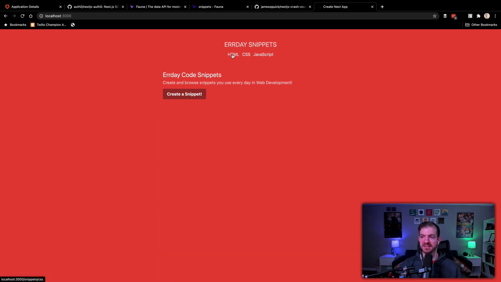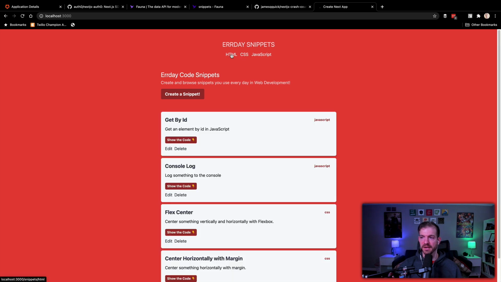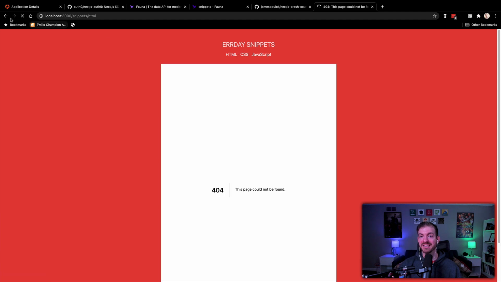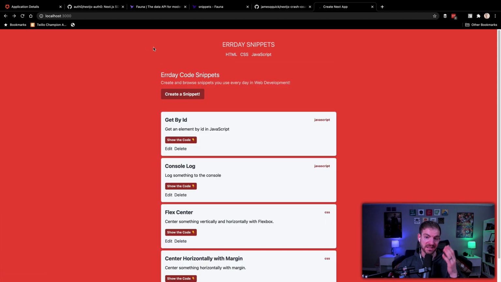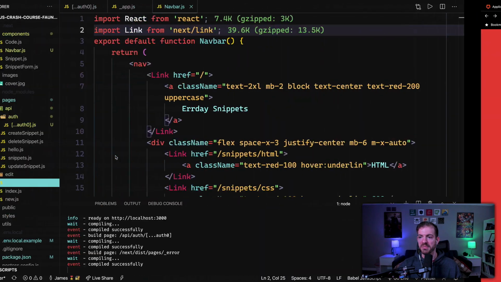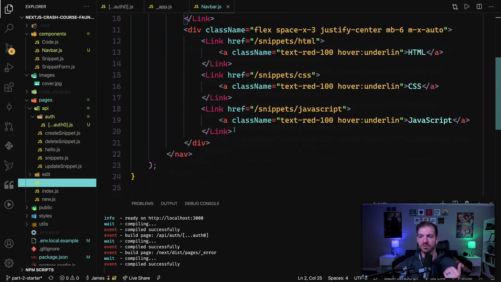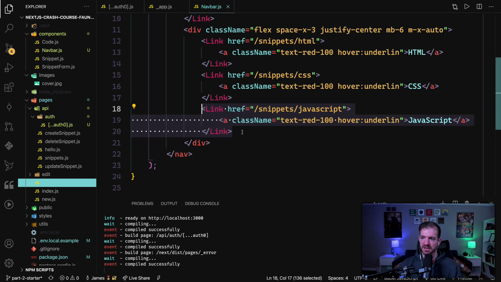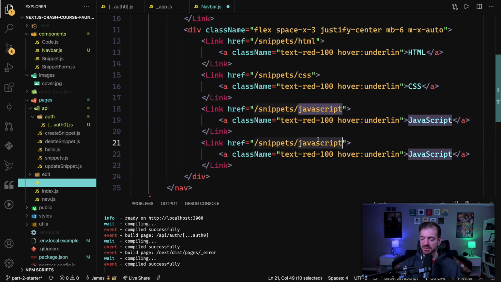And then we refresh and we see our little anchor tags here for the snippets: /snippets, HTML, CSS, JavaScript. This one should go home. The HTML, CSS, and JavaScript routes don't exist yet, so that's something we're going to add in a minute. And the other thing is now we want to add this login button. So let's copy one more of these things. And this is going to go to